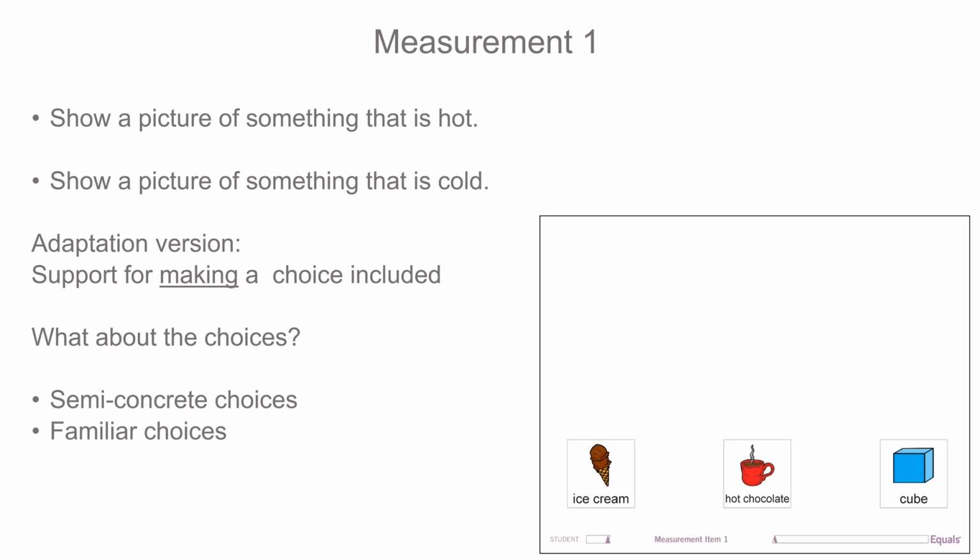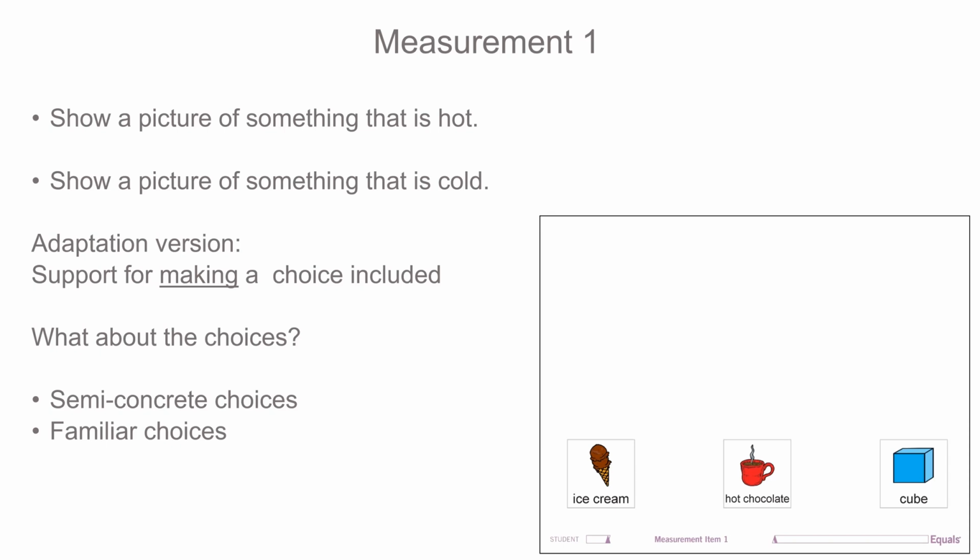And I want my student to do this: show a picture of something that is hot. That's my direction to my student. Now, in the adaptation versions, I have a way for my student to make a choice. I know my student can choose in that way. It's set up so even if the student has nonverbal abilities and doesn't have a communication device, I can set it up so my student can make a choice. But that's not my problem here. My problem here is